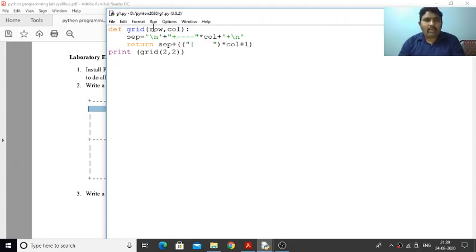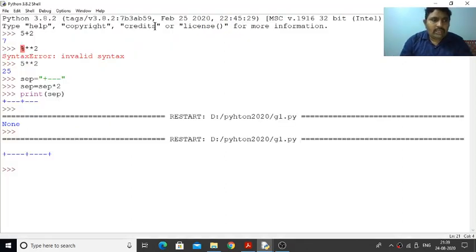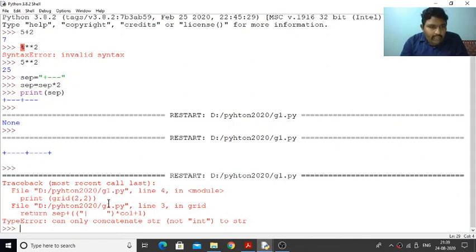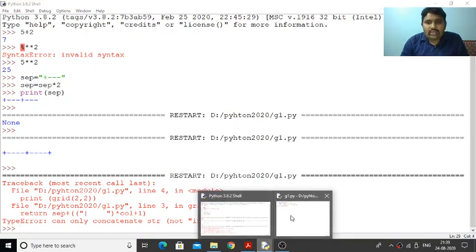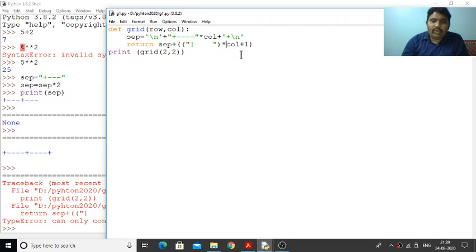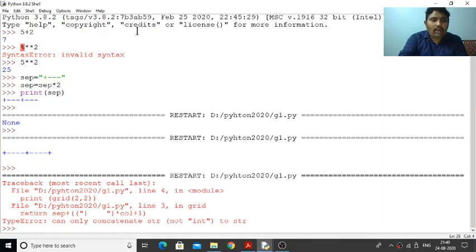Let us save the program and let us execute. So it is showing an error. What is the error we have committed? Let us see. Line 4 in line 3, it is not an int, so it is showing an error. We need to put it in a bracket, then it will come out. So column plus 1, put one more bracket for this entire thing. Now it is sufficient. Let us save this program and compile again.